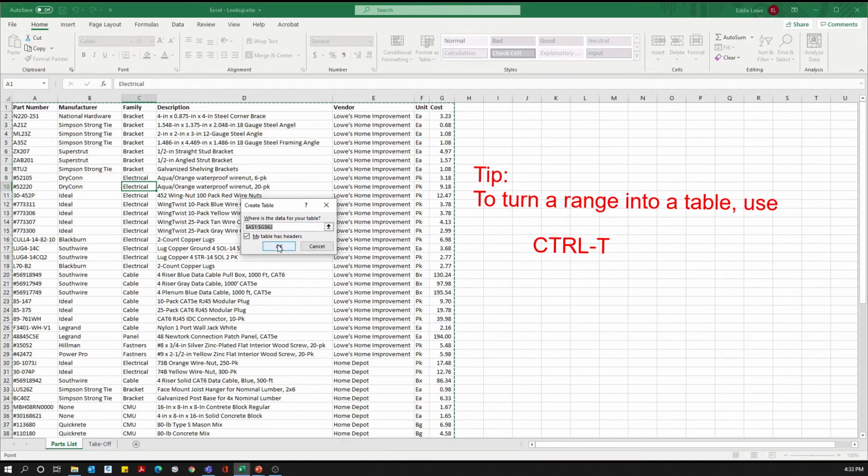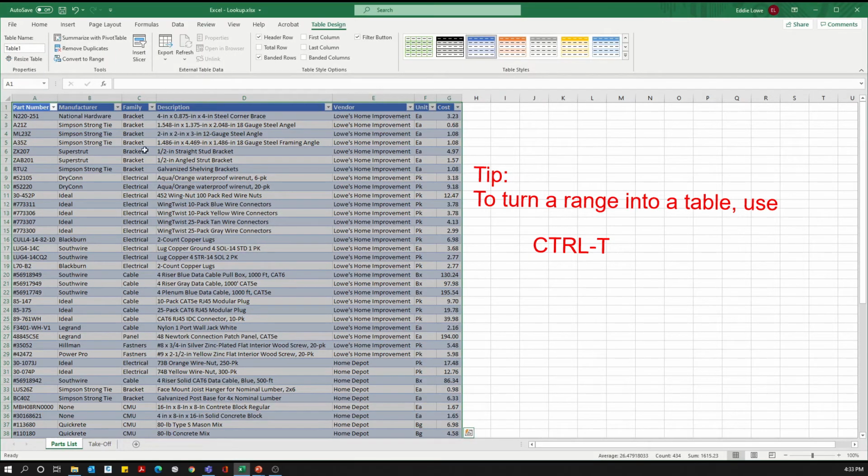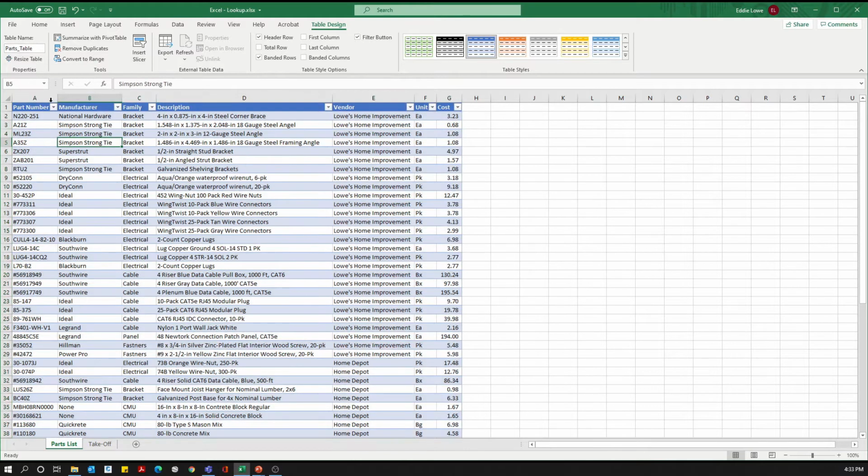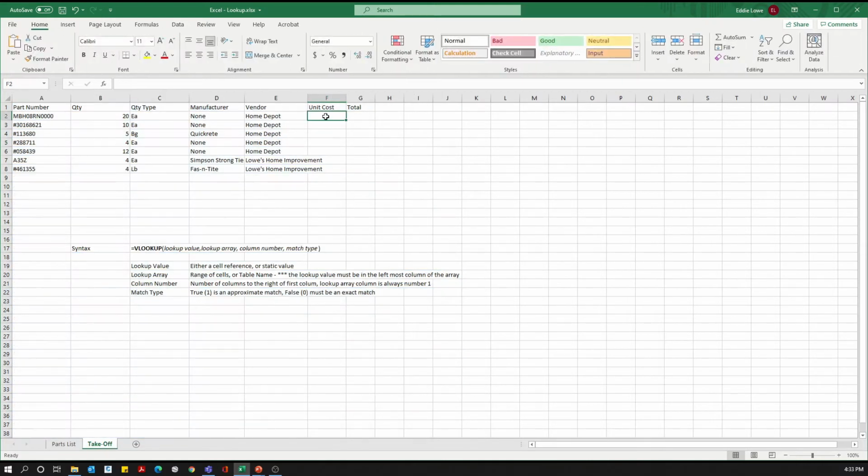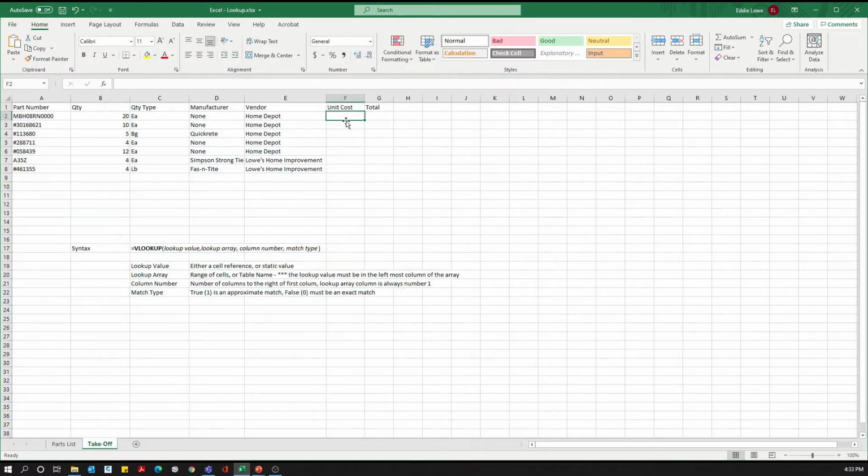It's already highlighted all of this for me. So now I've got these part numbers, and I can now label this as parts table. So now that that's a ranged table, or a named table, come back to our takeoff, and we're wanting to get the unit cost. Remember that. So now it's equal to